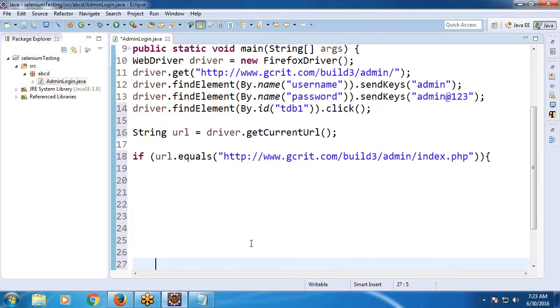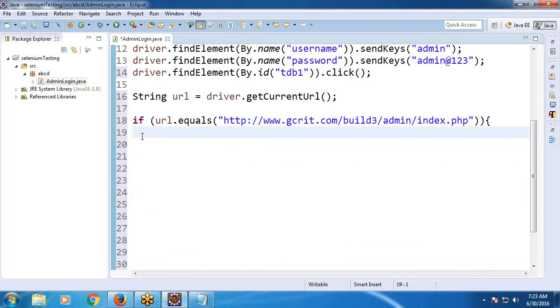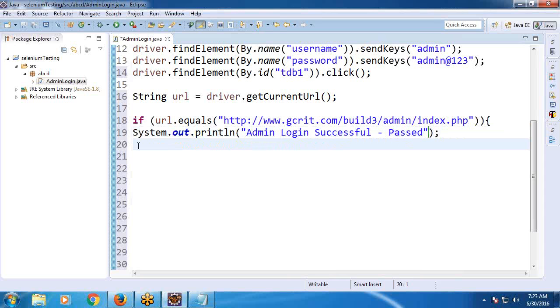Next, you can write any meaningful message. Suppose admin login successful, status of the result passed. Next, close this one, else